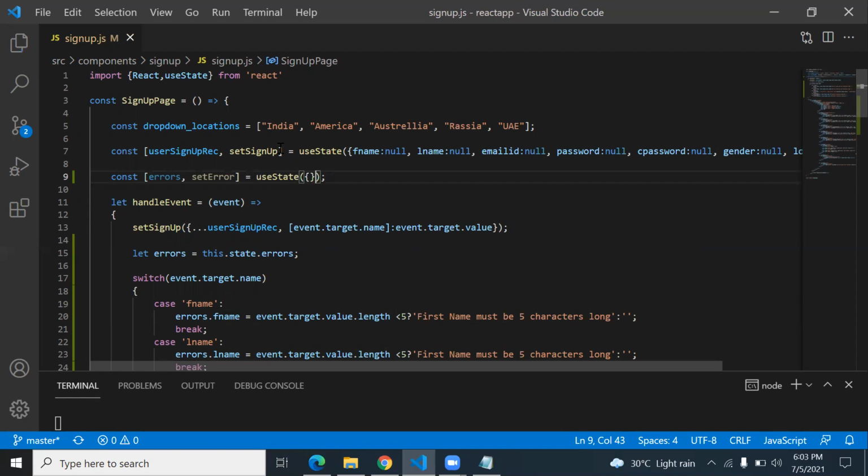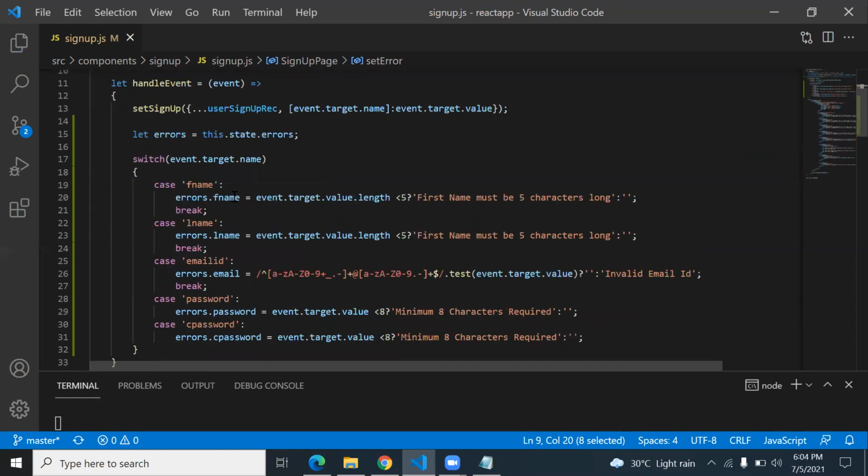This errors you set using the set error function, and to set error I make some replacements. Here I directly call the set error function.